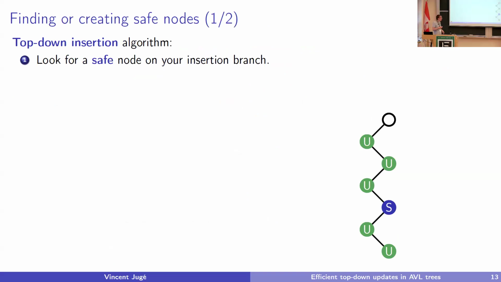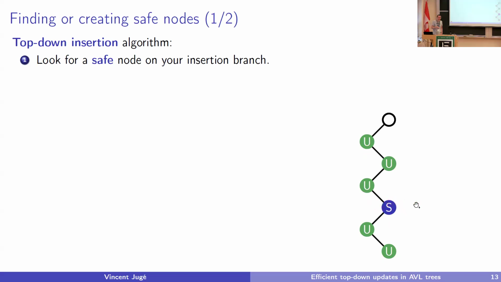So now here's how we can use safe and unsafe nodes. For insertions, let's say, it would be the same kind of strategy in both cases. I want to insert my node along this branch. And imagine I find a safe node. Well, I'm super happy in that case, because I just need to insert my node below this safe node. And even if there are some propagations of zero edges, so of errors, it will never go above this safe node. So if you find a safe node, you can just recursively decide, I will insert my new leaf below the safe node, and that's it.